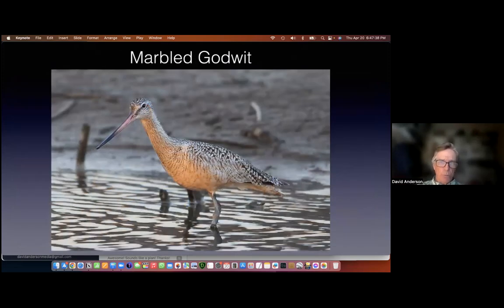We have the marbled godwit, which is about the size of a willet as well. And they have a really cool, slightly upturned but pink base to their bill. And we can see these both in the spring and the fall migrating through. For some reason, they're often seen at Lake Mead. They seem to like that spot, but you can see them at Henderson Bird Preserve. They're a very large